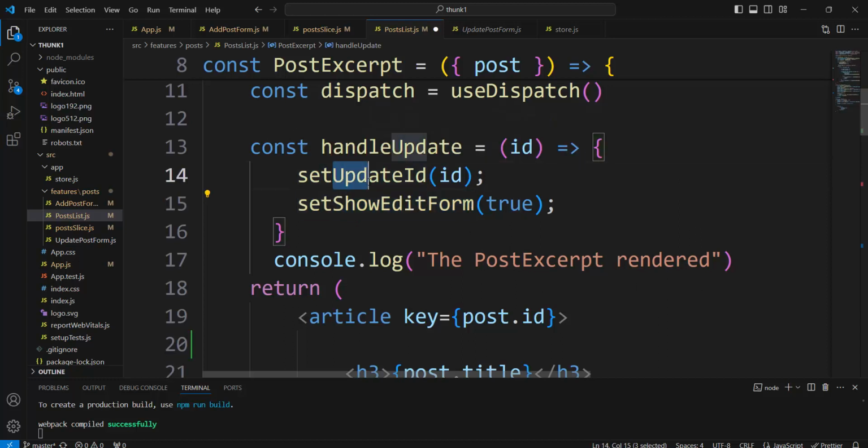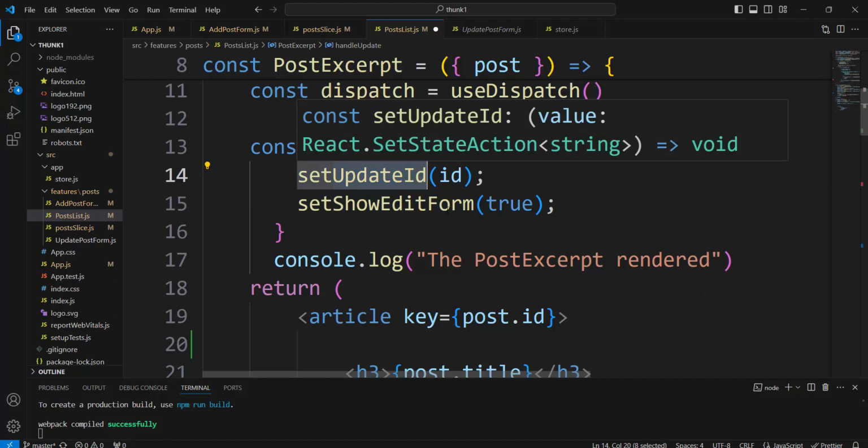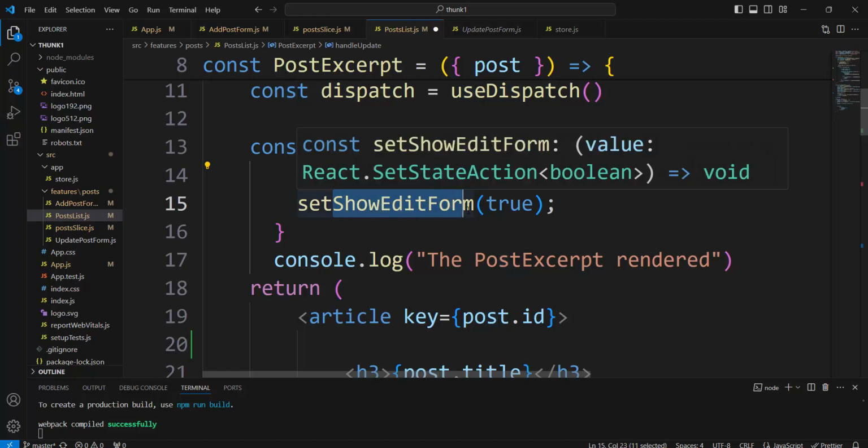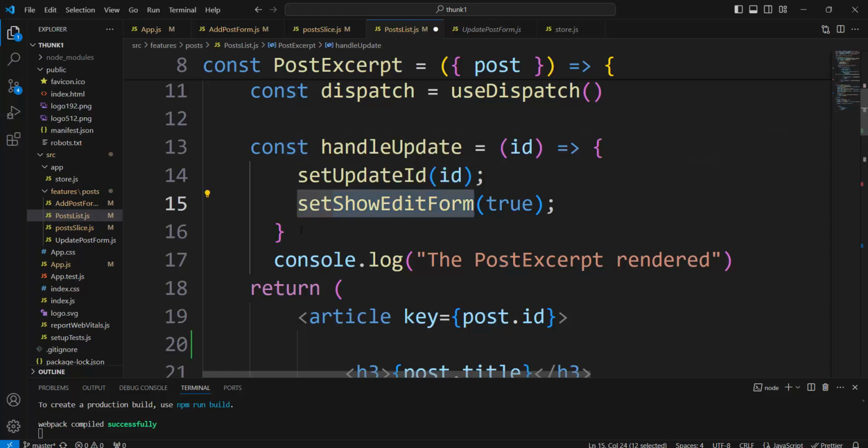Okay, update ID would be 2 or 3, and show edit form would be true. The set update ID and set show edit form functions mutate, in an immutable way, the states update ID and show edit form from false to true. And when it happened,